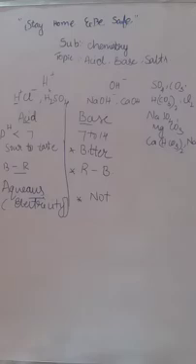How can we find whether a given solution is an acid or a base? That is easy. If it tastes sour, it is an acid. If it is bitter, it is a base. But naturally we are not able to taste all acids, no? Like if you are given hydrochloric acid and you taste it with your tongue, it will burn, because hydrochloric acid is a strong acid. Citric acid is weak. Citric acid, vinegar or tartaric acid that we use, or the tamarind, what is there in a tamarind, that is very weak actually.